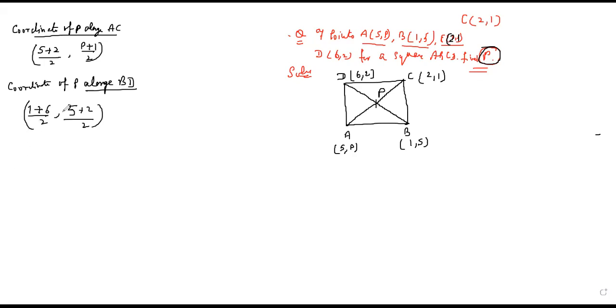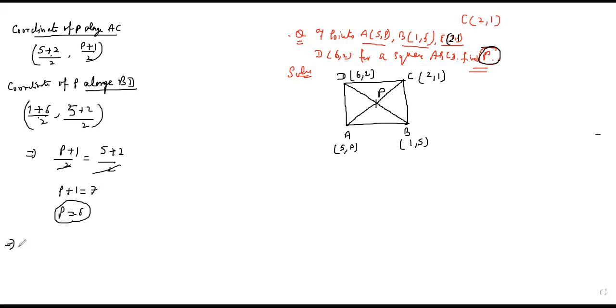Now, because P is the same point, the x coordinate must be equal to the x coordinate and the y coordinate must be equal to the y coordinate, which implies P plus 1 over 2 must be equal to 5 plus 2 over 2. It gives P plus 1 is equal to 7 and P is equal to 6, which implies